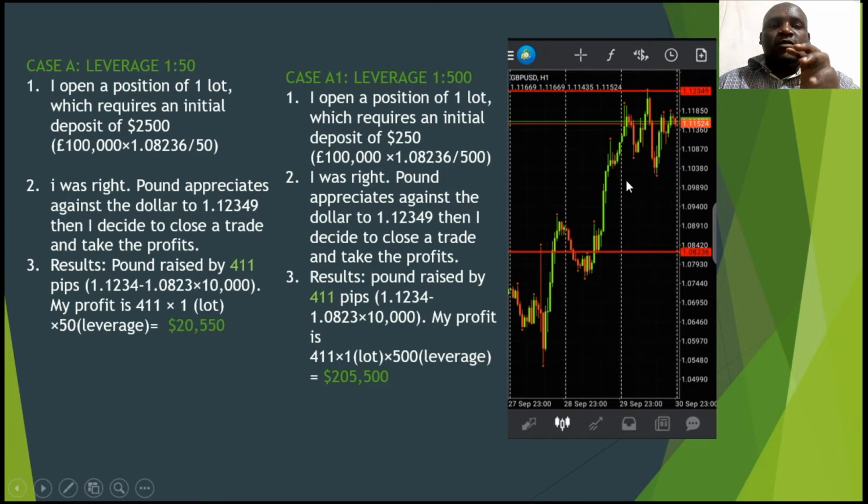I'm going to use the charts from MetaTrader 4. It's going to be an example. I opened the trade on 28 September at 1.08236. I bought Great British Pound US dollar on the 1 hour chart, and it went on and hit my take profit at a rate of 1.12349. Okay, so I open a position of 1 lot, which requires an initial deposit of